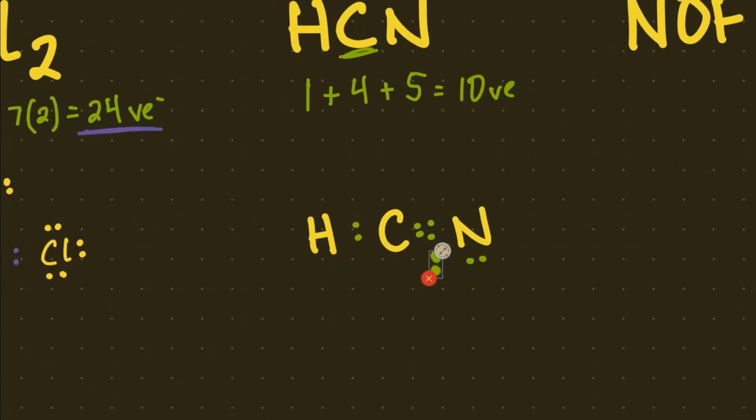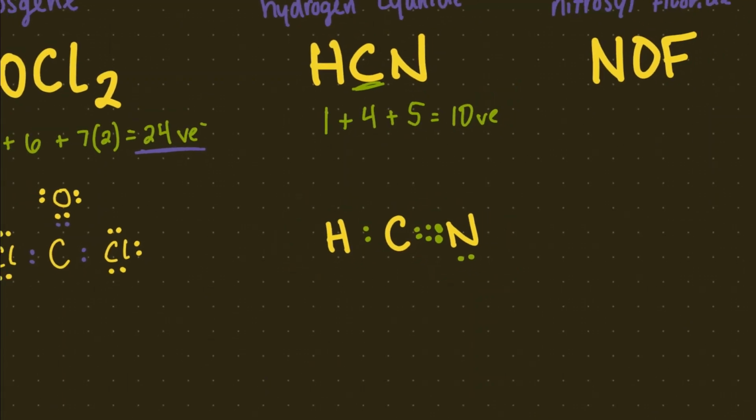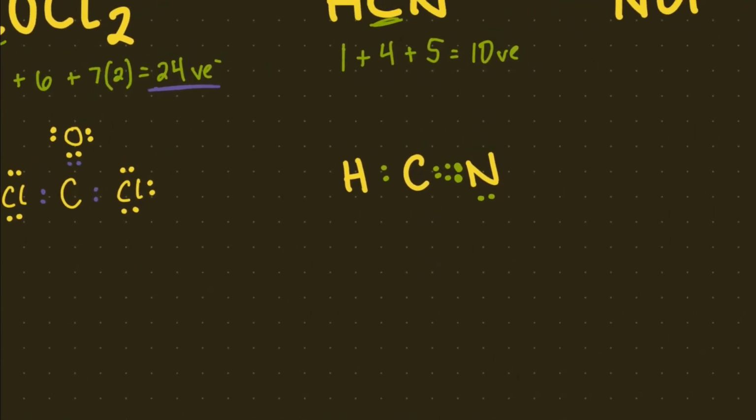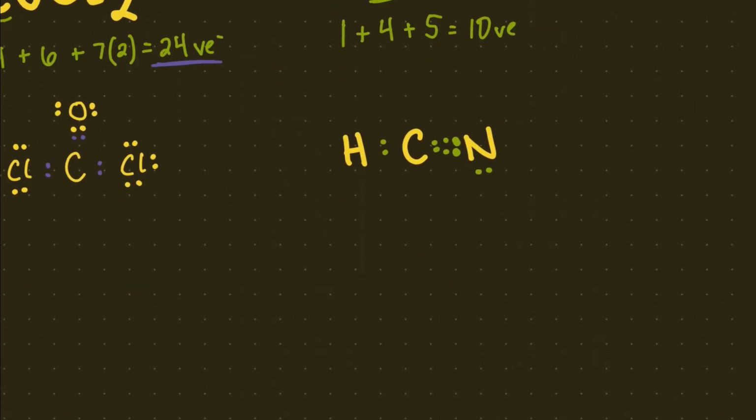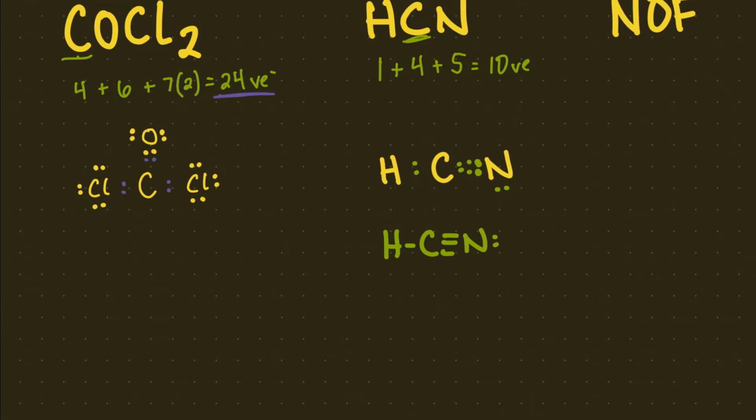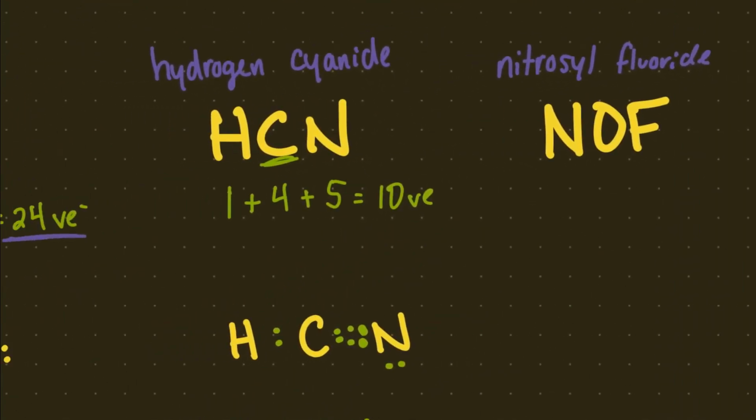If I can do this, hold on. There we go. That's kind of sloppy. But now we have it, right? Because we have our carbon sharing a lot with our nitrogen here, but that's how he gets his 8. 2, 4, 6, 8. My hydrogen has 2, and my nitrogen has 8 as well. That's the only way that everyone can get their octet, and that is the Lewis structure for HCN, hydrogen cyanide. Like that. Let's put that lone pair there. Okay, next is another 3-element